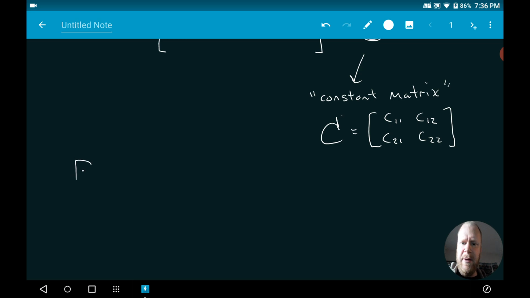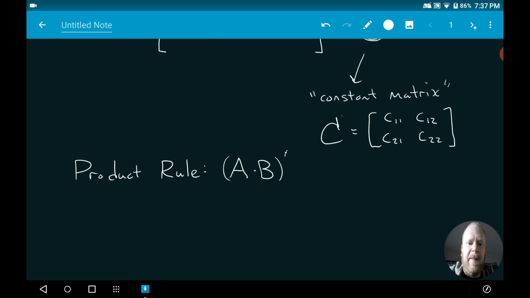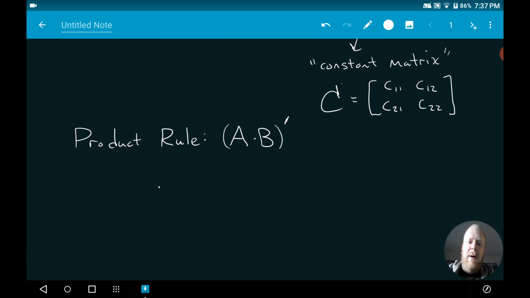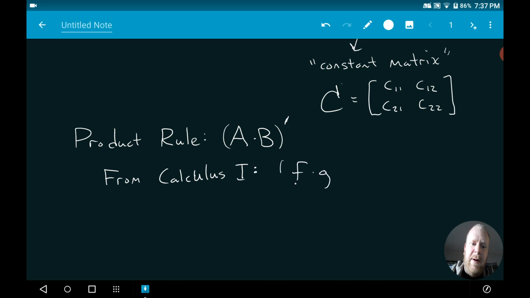If you want to apply the product rule, there's a couple instances where you might need to do this where, let's say you have A times B, and you need to take the derivative of the product of both of them. You might know from Calculus 1 that if you have f times g and you want to take its derivative, then you're going to get,